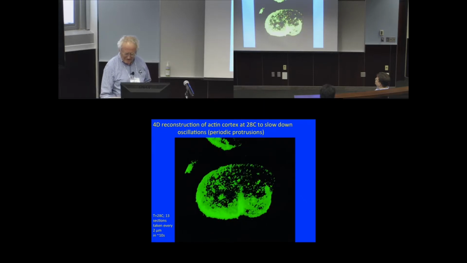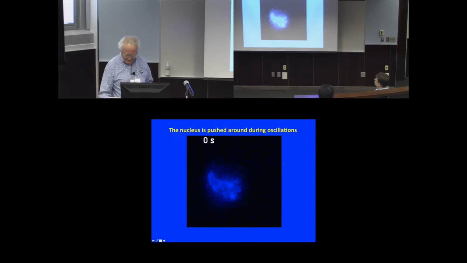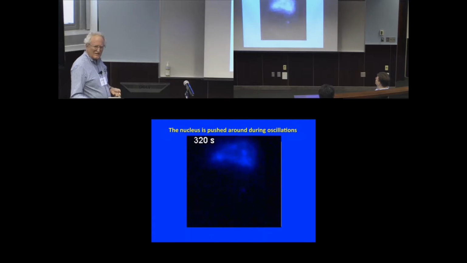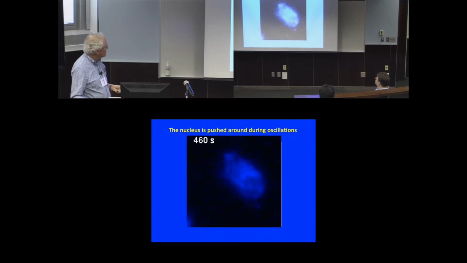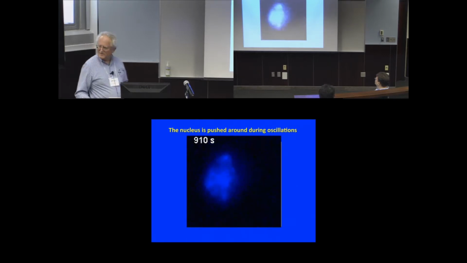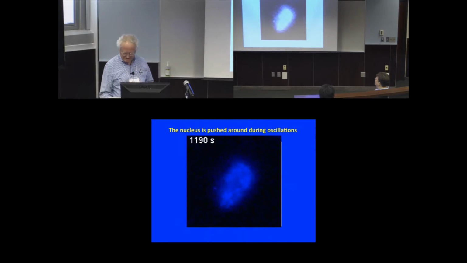Now, as I said, here we have a nucleus in living cells that are oscillating, stained with Hoechst stain, which stains the DNA in the nucleus. And you can see that the nucleus is really pushed about the cell with great force, apparently. And you can see it becomes highly distorted. That gets to a point we were discussing yesterday about how the nucleus is distorted in transendothelial